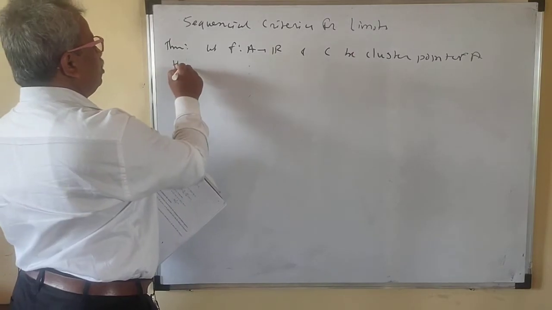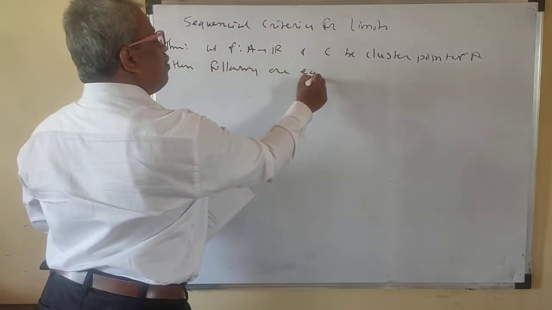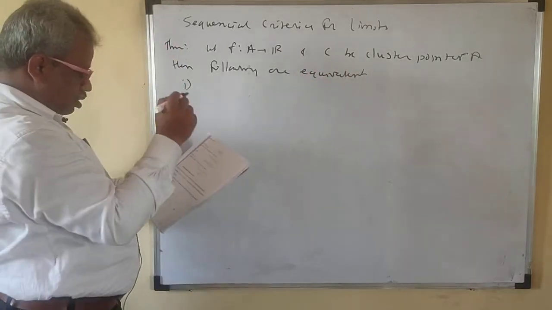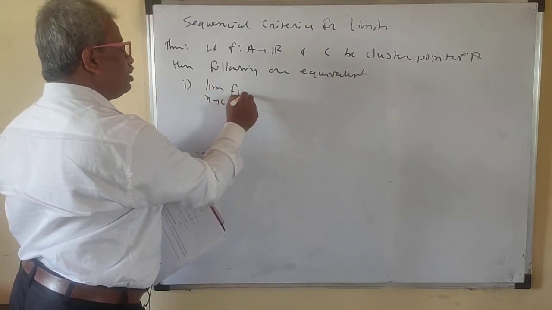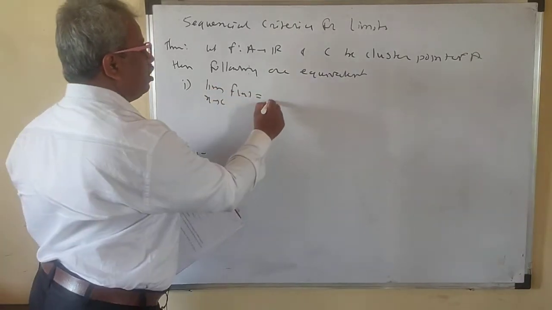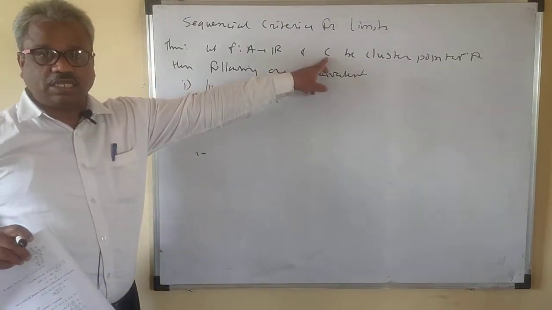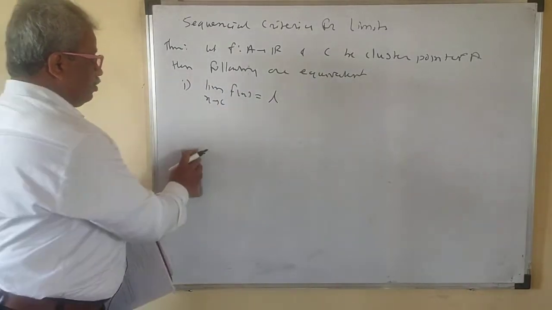Then the following are equivalent. 1. Limit x tends to c, f of x is equal to L. Note that c is the cluster point, so x tends to c should be there. And second is